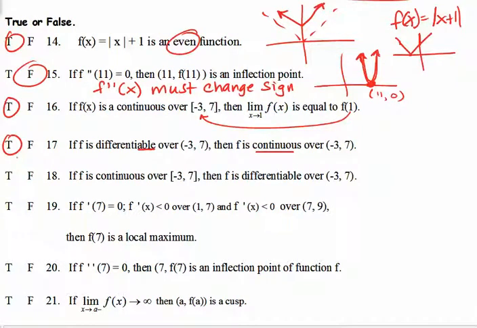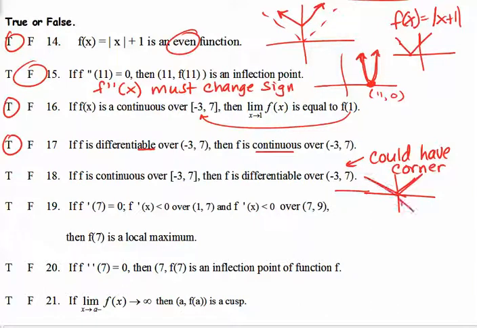18, however, says if it's continuous, does that guarantee that it's differentiable? And the counterexample is it could have a corner. So corners are still continuous. So for example, from -3 to 7, we could have our absolute value function. And here f prime of 0 does not exist. So even though the function is continuous, that does not guarantee that it has a derivative